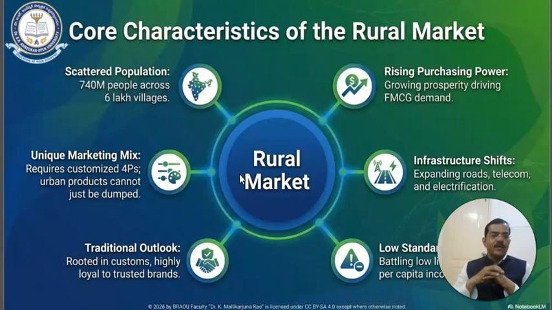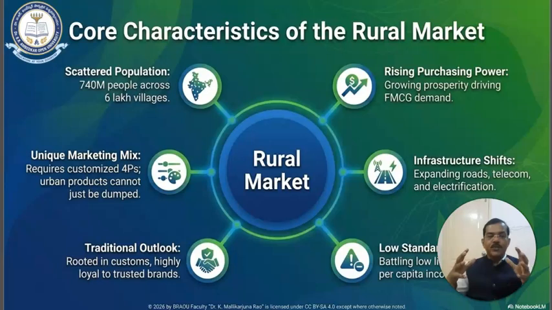And what are the major core characteristics of rural marketing, friends? What exactly is rural marketing? How do we understand rural marketing, FMCG and all this. So coming to core characteristics, friends, what makes the Indian rural market unique? Six features stand out. The population is scattered: 740 million people across India, 6 lakh plus villages. The purchasing power is rising,